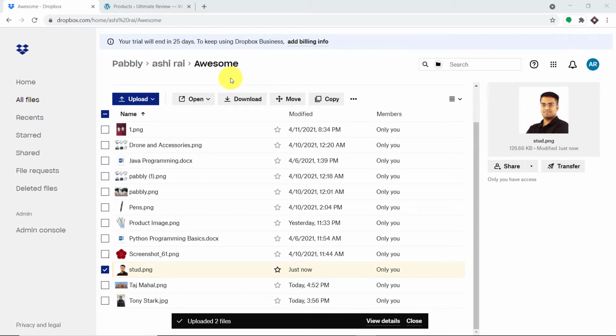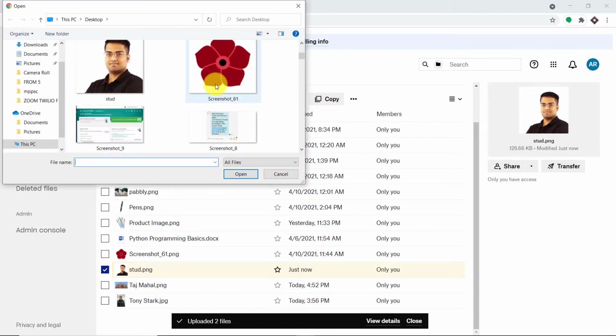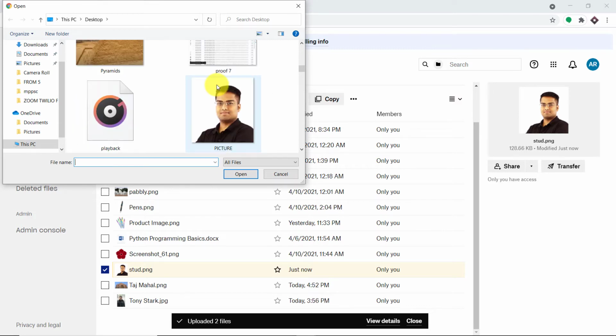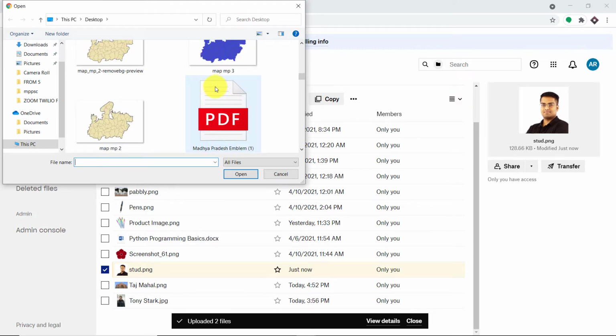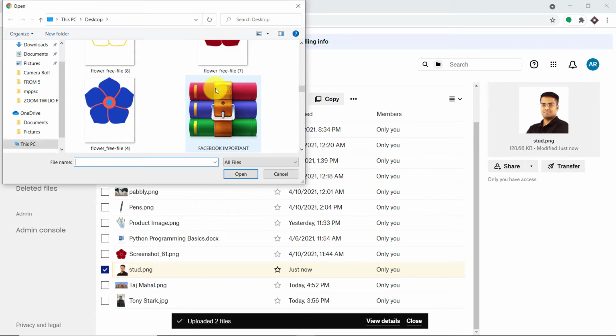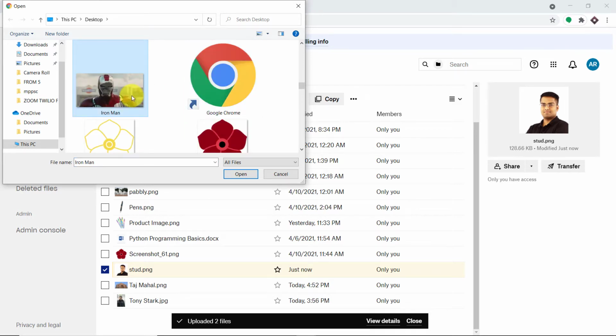Okay, so we will begin with a small example. So as you can see, this is my Dropbox account and there's a folder called awesome. So what I'm going to do here is in this folder, I'm going to upload a file. So the idea is that once the file is uploaded, let's say we are going to upload an image. The name of the image is, how about we go with Iron Man? Basically this is a wallpaper. So once I upload this wallpaper into Dropbox, it will be reflected as a product, a digital image in WooCommerce so that I can sell this product.